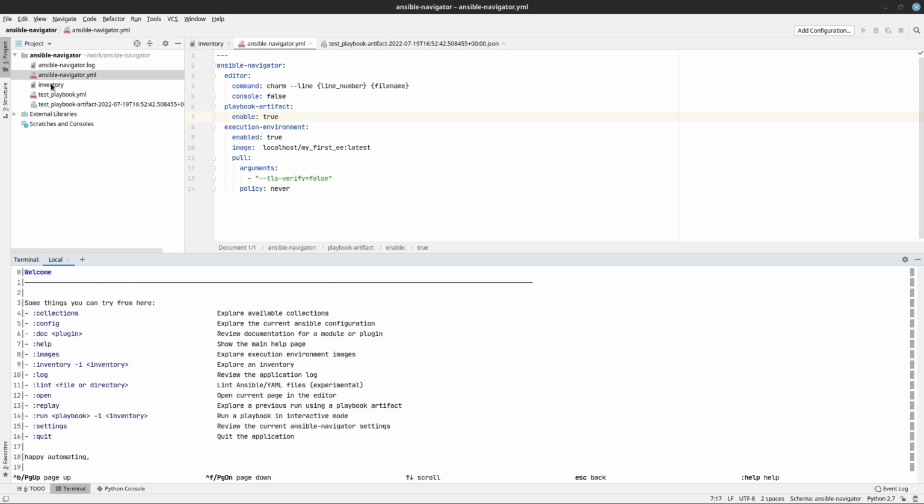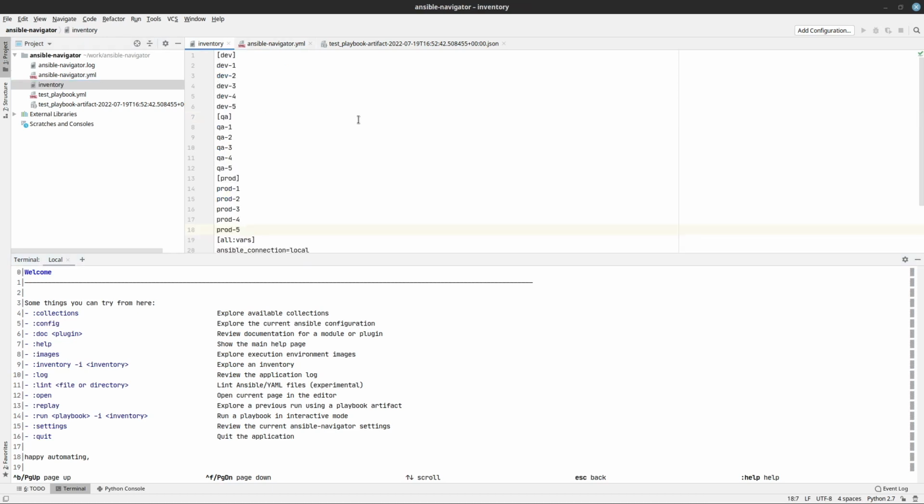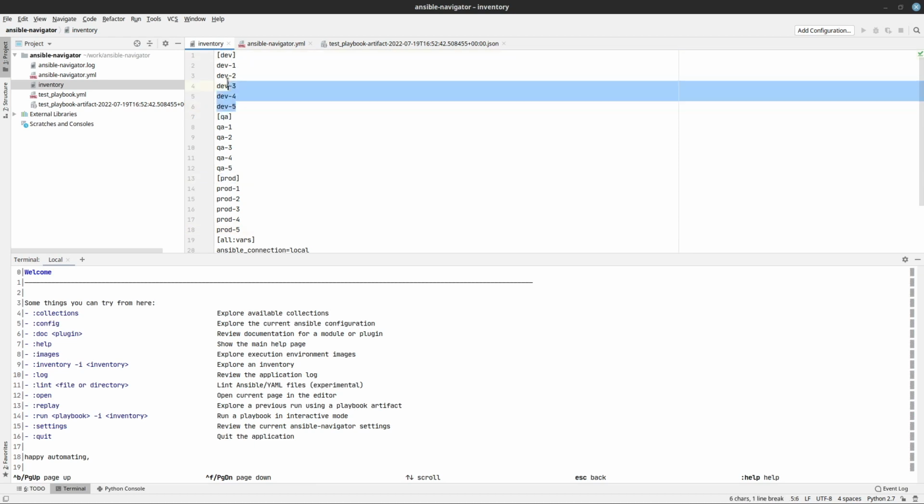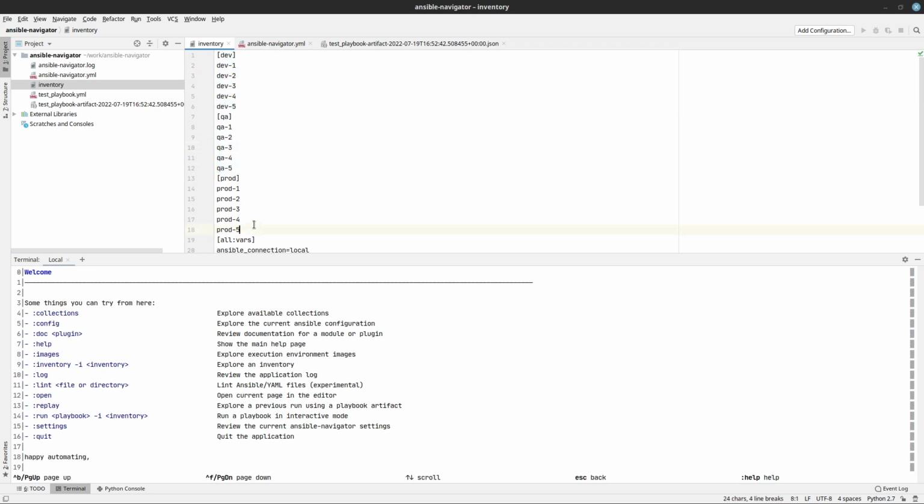Over here you would see that I've created an inventory file. It's a very simple inventory file. I've got certain groups, and I've got a few of the hosts in these groups. These are all dummy hosts. So if I do inventory and then -i inventory,